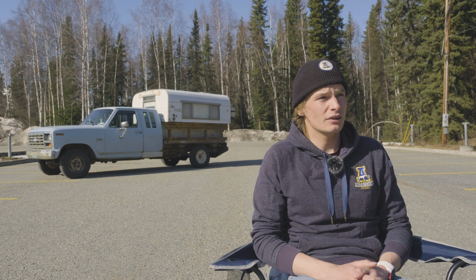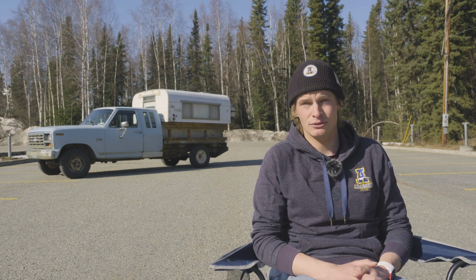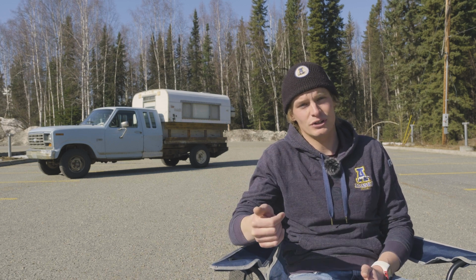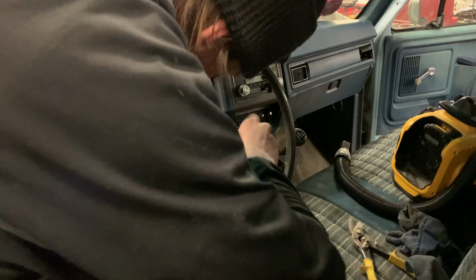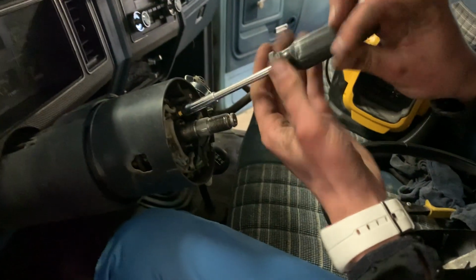The ignition actuator was actually a piece of metal that goes around the steering column that you push down once you turn the ignition key. One of the legs that the ignition key pushes against was broken off, so we had to fix that. We took apart the steering column, changed that, so now that is working, and then we had to take apart the whole carburetor. So this is the throttle from...